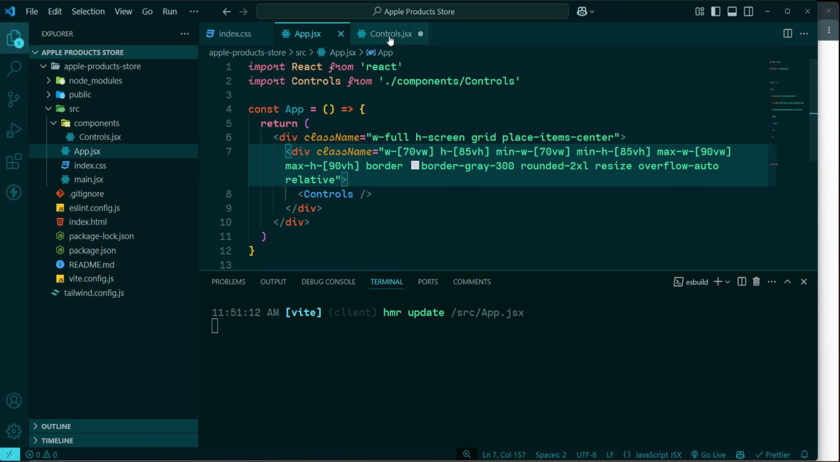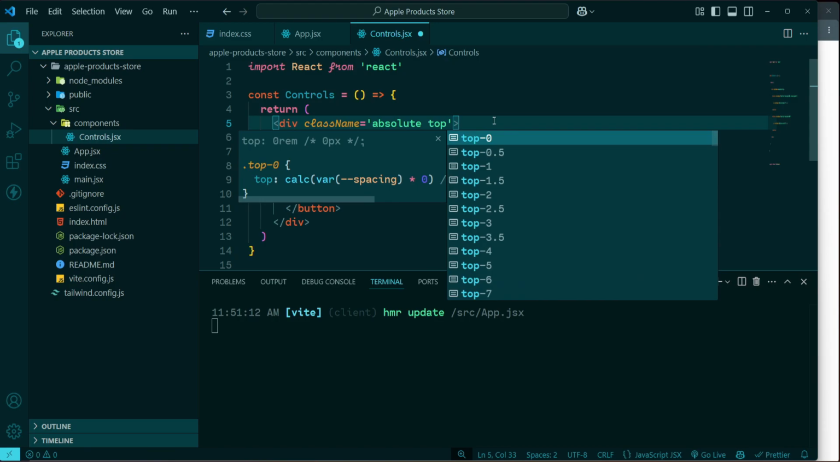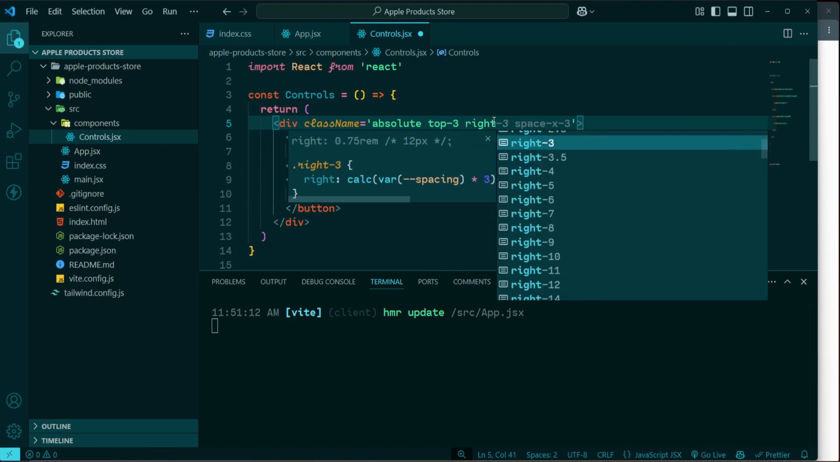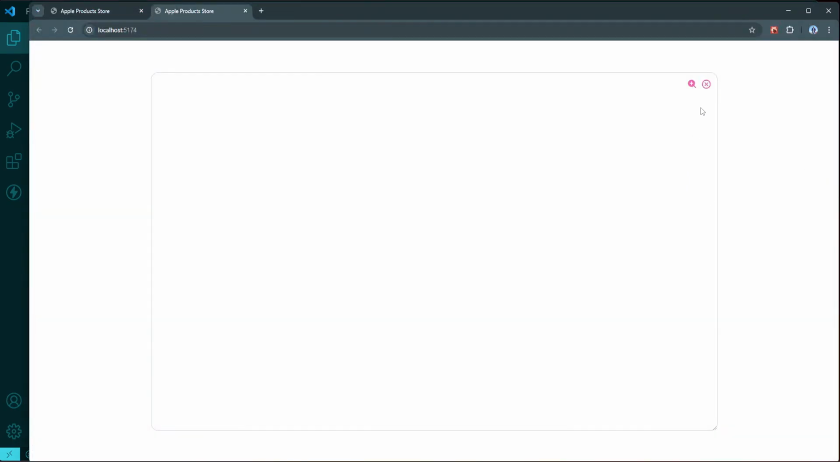Let's go back to the controls component. I'm going to define top position. It's going to be 3. Then we have right position. It's going to be 3 as well. And then we need space X, but in our case, we need space X2. All right, let's check the browser again. And perfect. Our controls are now positioned exactly where we want them, nicely placed in the top right corner of